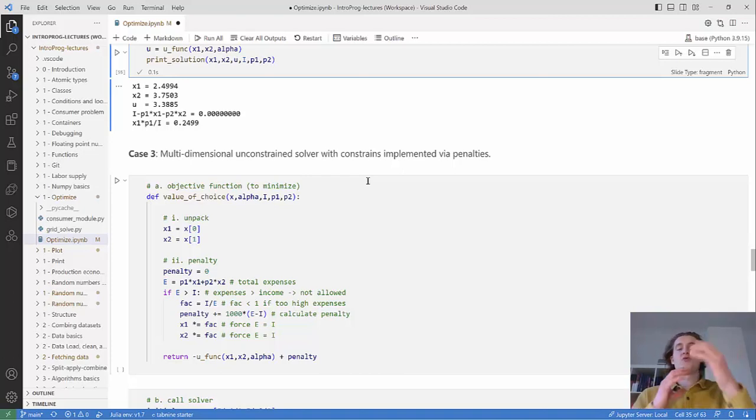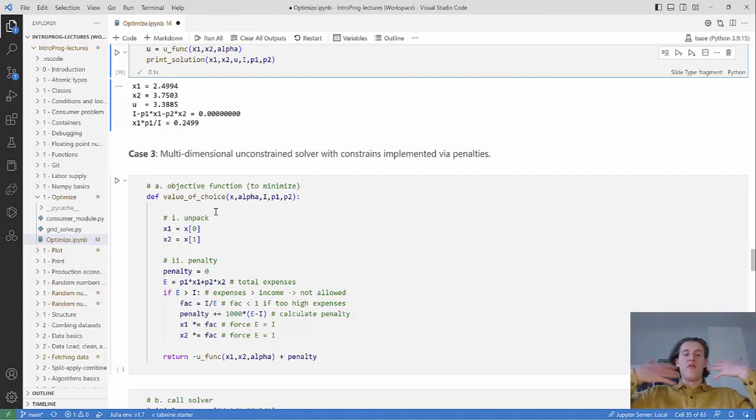What I mean is just that you have this value function and you tell Python to minimize it, but if the x's violate our budget constraint, then you just give it a huge number, and it's trying to minimize this function. So it would think, okay, that's not a good combination of x's if I get a huge number from that. And this introduces